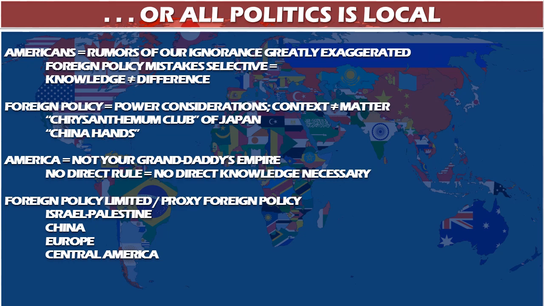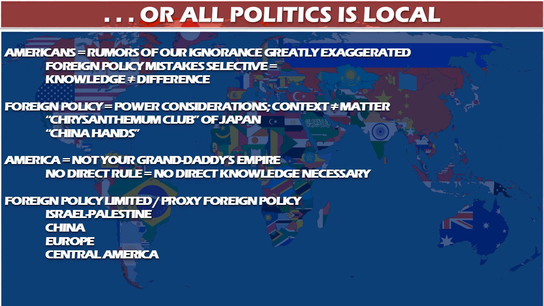The other one is that foreign policy is mostly driven by power considerations, which means the reason why we have foreign policies is because we're threatened by some countries and other countries are our natural allies. And so we don't really need to know what's going on inside the boxes that are called China or Russia or India, Mexico, Iran. We have to know, how does this affect us? So I don't really need to know how decisions are made in Iran. I just need to know that Iran is a natural competitor to the United States power in the Middle East, and therefore they are not our friends.